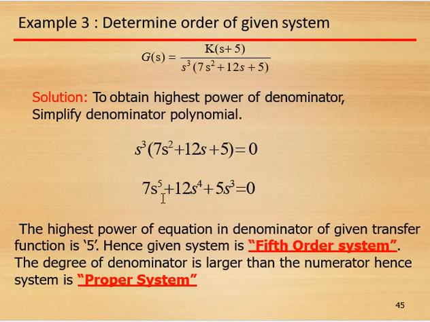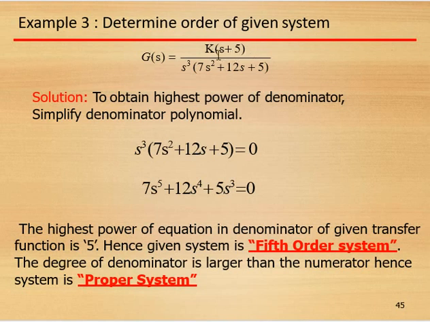Okay. So what is the highest power of s in a denominator? And that is 5. Okay. So this is called a fifth order system. Okay. And here there is no problem, because if you see, if you multiply this ks plus 5k, we can